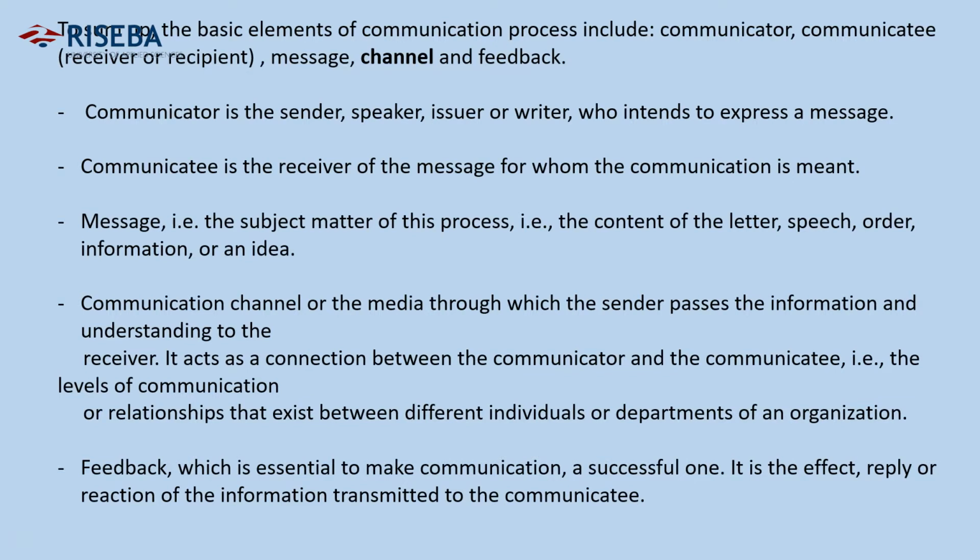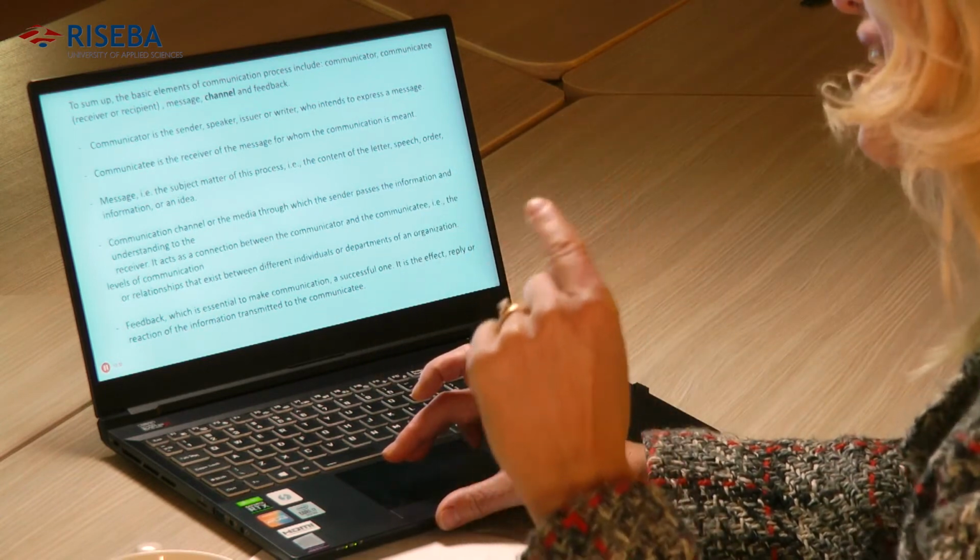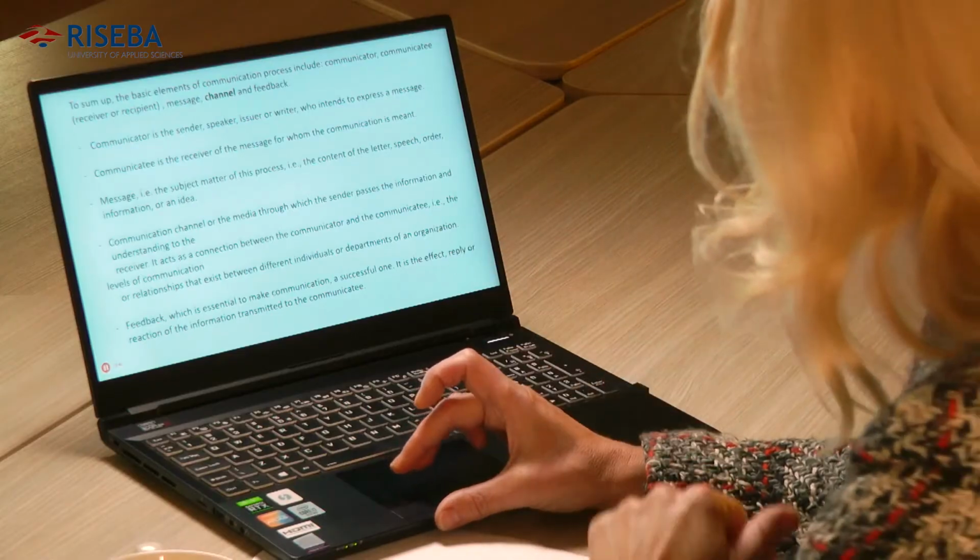Okay, so to sum up, we need message, we need communicator who gives this message, we need channel, whether it will be written form, oral form, maybe it will be a radio message, maybe like we use here, a platform which is also a channel which is used to communicate with you, dear audience. So later we have receiver, who also needs to decode the information and give a feedback so that the sender receives the feedback and again encodes information and the process moves on. But it is always a two-way process.